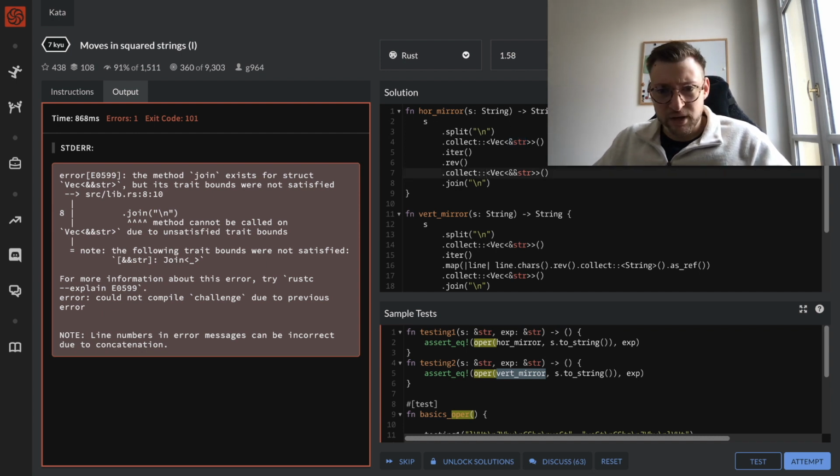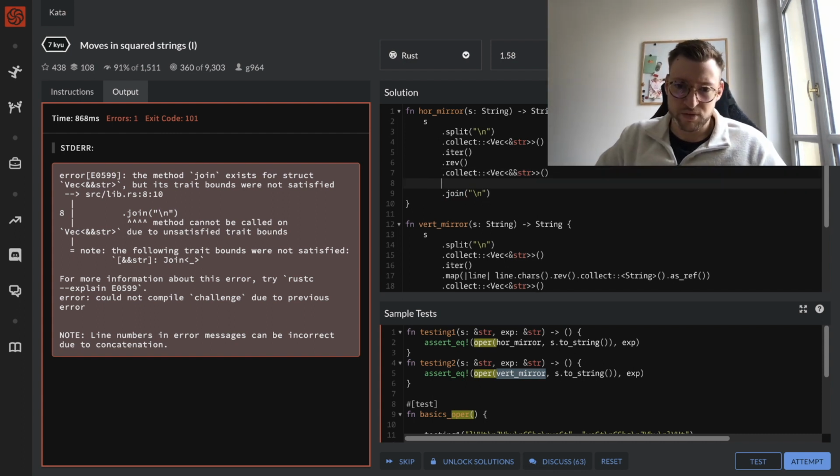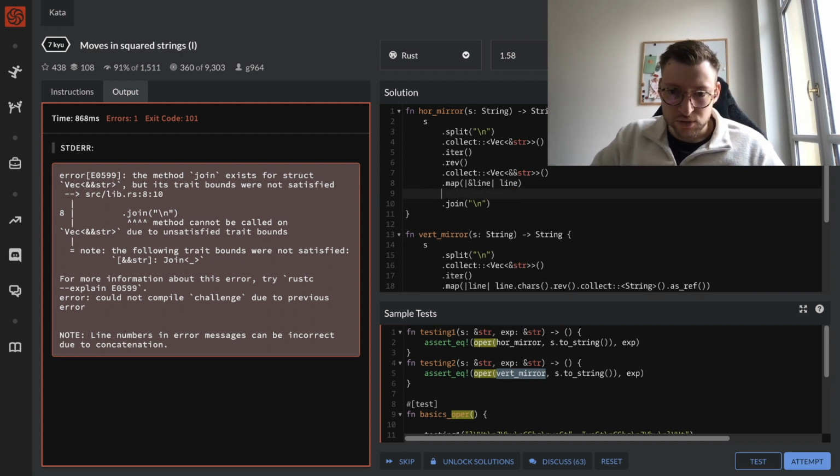What's complaining about now? Okay, we have a reference of an str, and it cannot join on it, so we just want an str. So I guess we can do something like that. We need to map. It's a line, right? So it's a line, and then we're going to just pass line dot to string. Not sure if that's going to help. Maybe we can just actually unreference that. So if we do that,